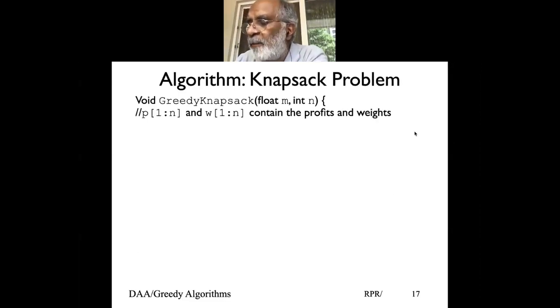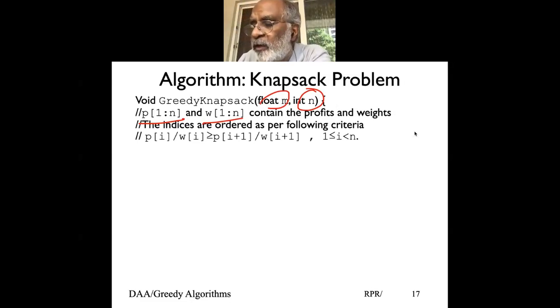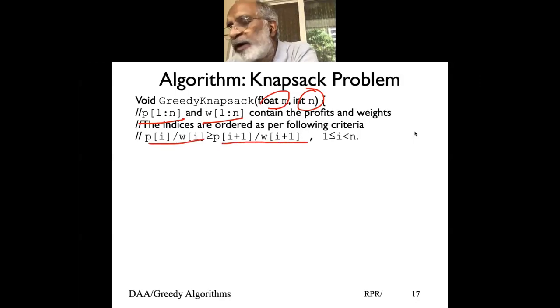So we're given m as the knapsack weight, n is the number of items, we are given the profit of each item, we are given the weight of each item, and what we need to find is to maximize the sum of Pi Xi. And we assume that we have sorted them in the order that Pi by Wi is greater than or equal to Pi plus 1 by Wi plus 1 for each i. That means this is what I call